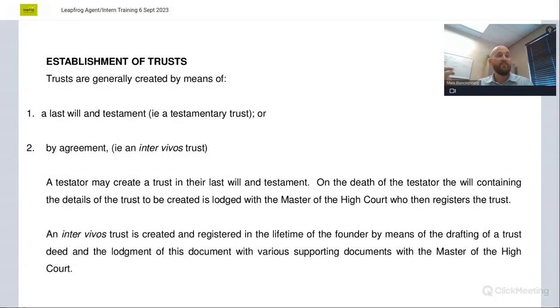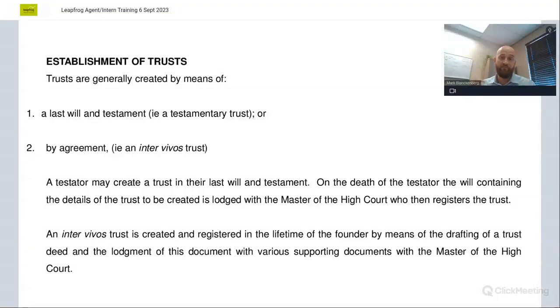So, guys, when it comes to the establishment of trust, there's two ways that it can be done, and you're probably familiar with them already. The first one is a testamentary trust. That is a trust that is formed in terms of a will. So, of course, the situation with that is, generally speaking, you'll see in people's wills, especially if they're married and they have children, they say that if myself and my spouse were both to die at the same time or simultaneously or within 2 weeks from each other or something like that, the executors of our